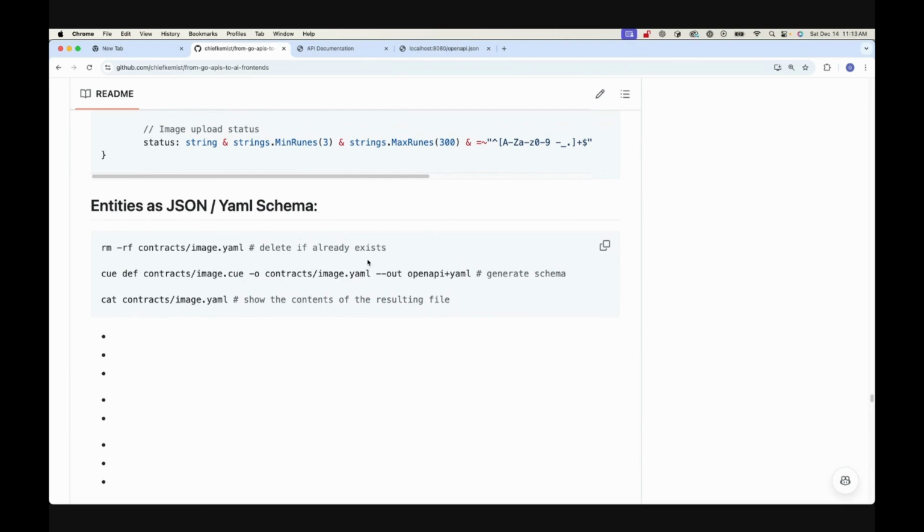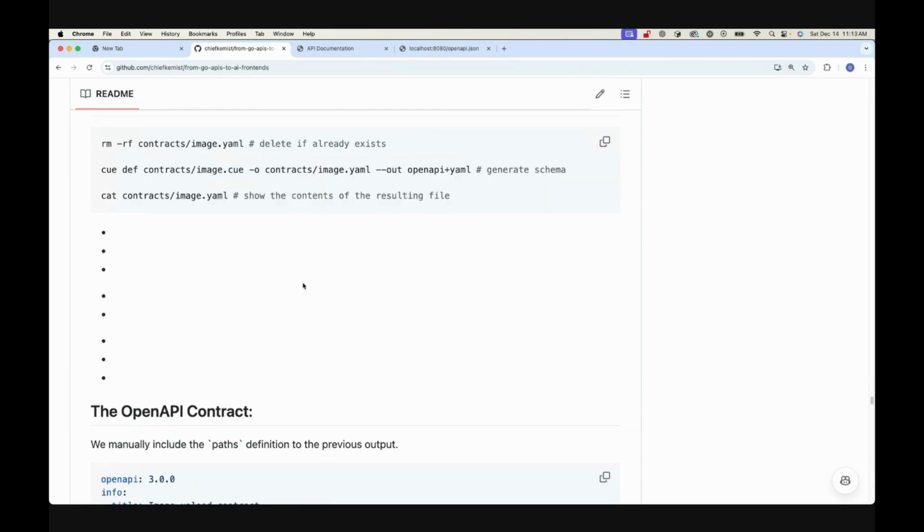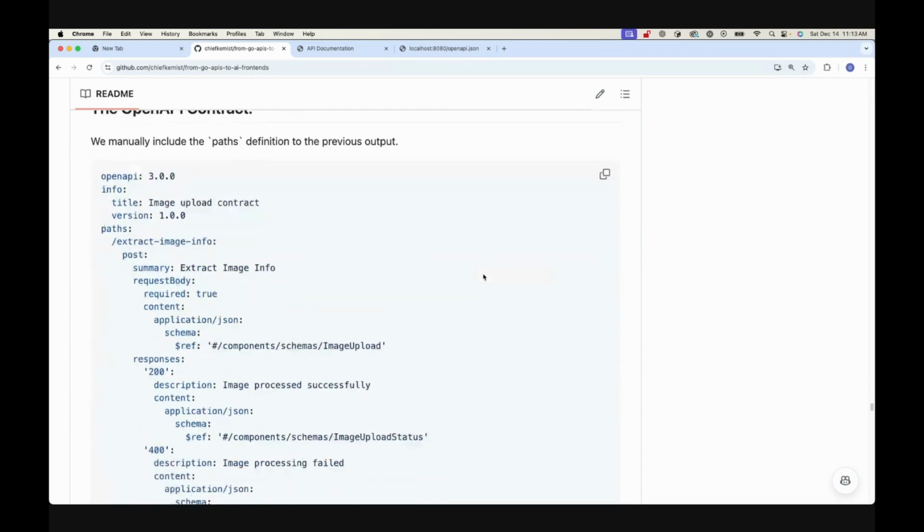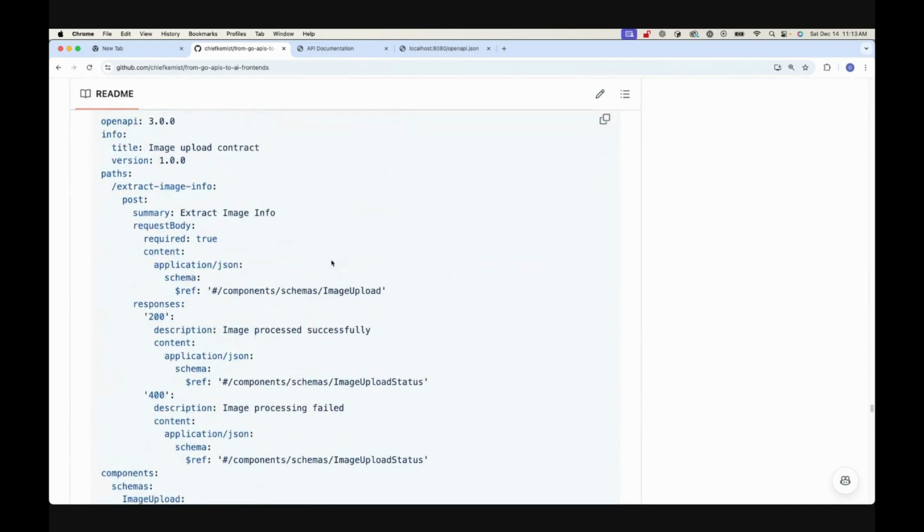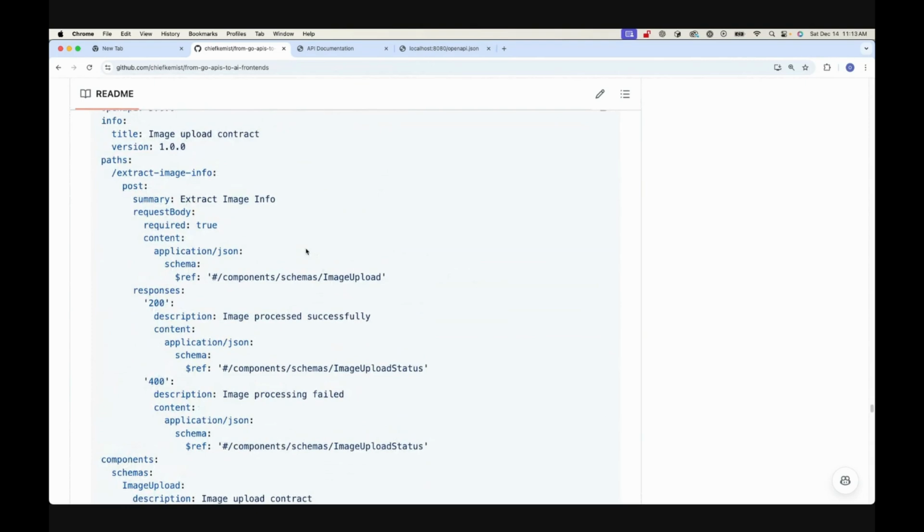So in this specific case, we are turning Q into the equivalent YAML file, but not just any YAML, but the YAML file that has the OpenAPI structure. Okay, and the result looks like this,